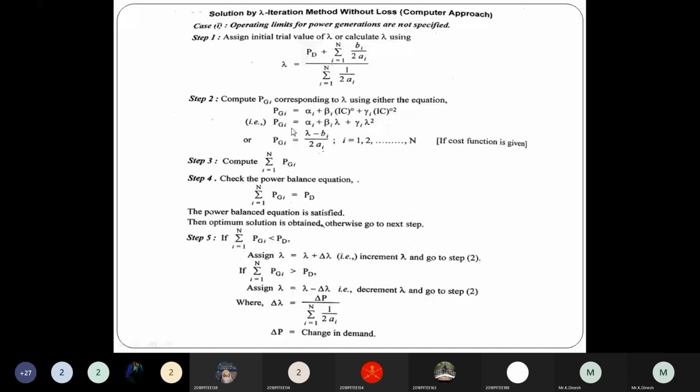The generating increment, I stands for increment, so PGi equals del alpha of i, Bi, beta i lambda, gamma i lambda square. While solving this equation, we get the generating power PGi, which is nothing but lambda minus Bi by 2Ai, where i stands for 1, 2 up to n number of functions. If the cost function is given,